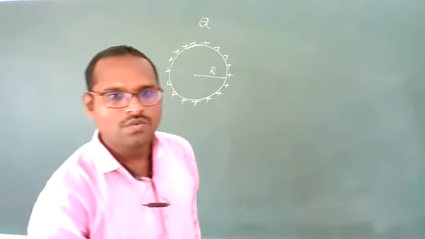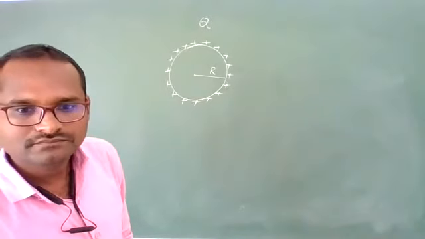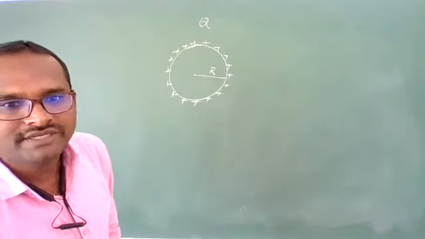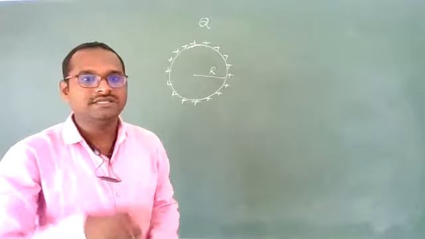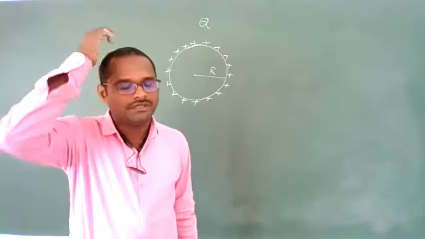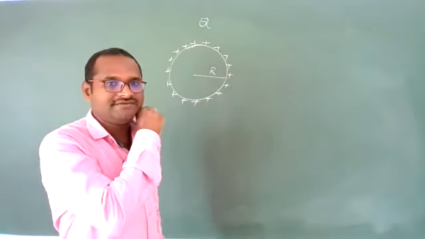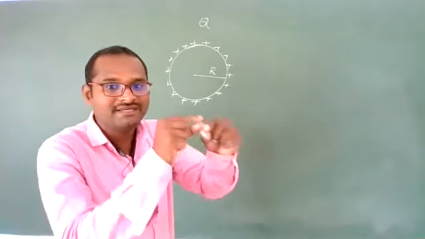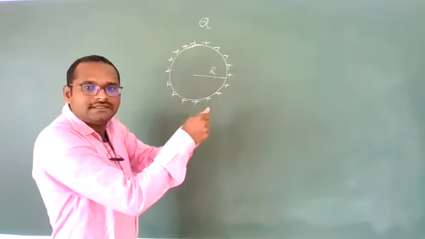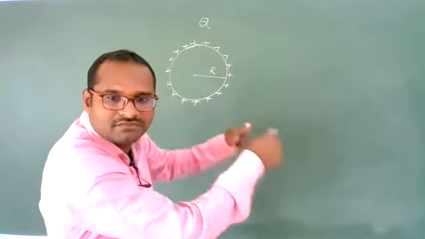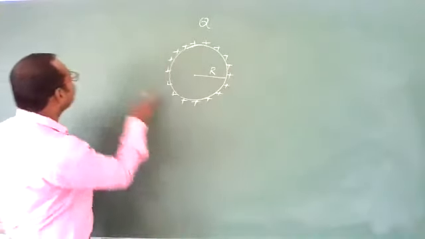Now, what do you need to take? Whether we need to take lambda, sigma, or rho. What do we need to take? Lambda, sigma, rho. We should take lambda. No, no, not sigma. It is a ring. See, linear mass density in the system of particles and rotatory motion, we have discussed while deriving center of mass or moment of inertia. We have taken lambda for a ring. Clear? See, cut it and expand it. It will become one wire. Yes, we need to define lambda for it.